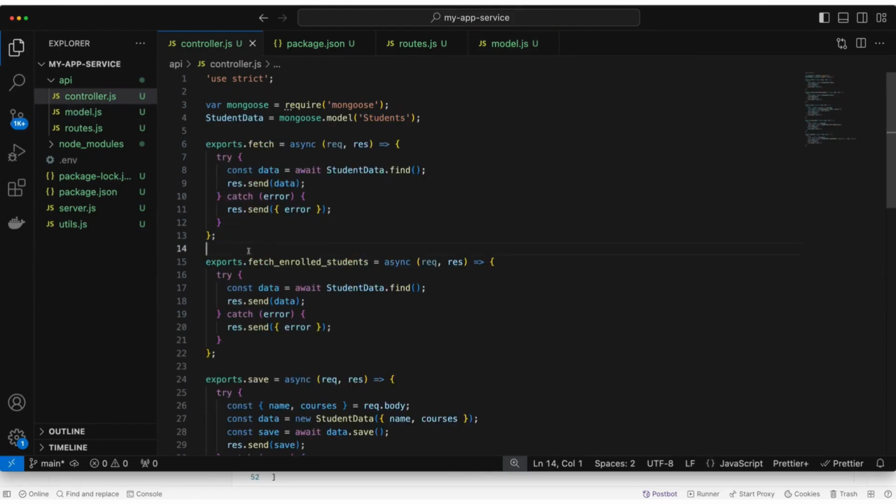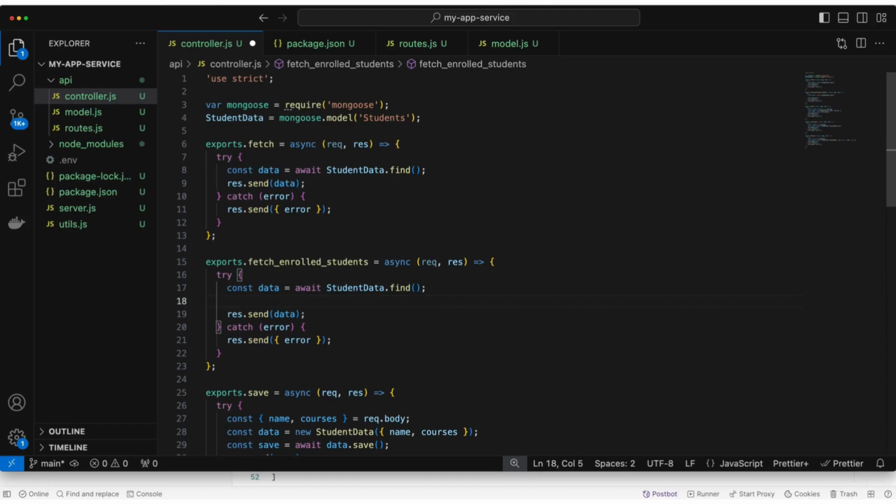One legacy, old school way to fetch all the students that are enrolled to a particular course: let's say that course is React and you want to fetch all the students that are enrolled to React. One legacy way is that you'll use student.find and simply apply a filter to the response. So what I'm trying to say is, create a filtered array equal to